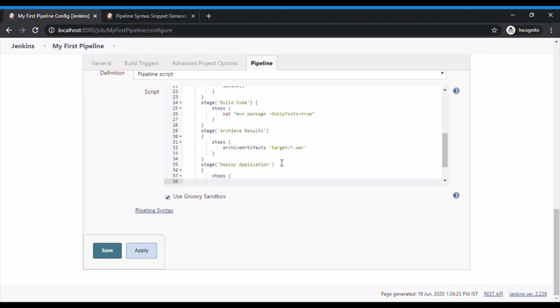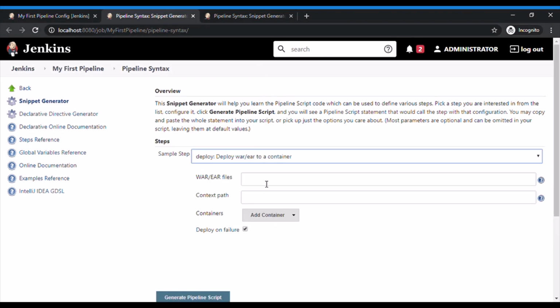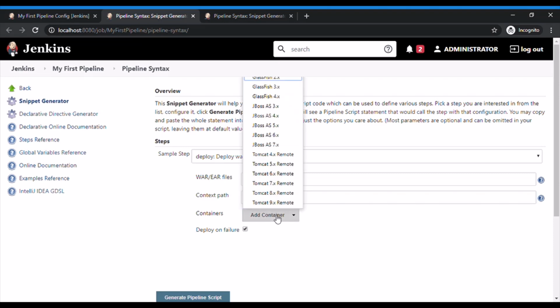So for script I'll be using pipeline syntax now. Just select deploy to container. Then select the war file or give the path for the war file. Context path I'll be giving my first project. For container I'm selecting Tomcat 7 as of now.